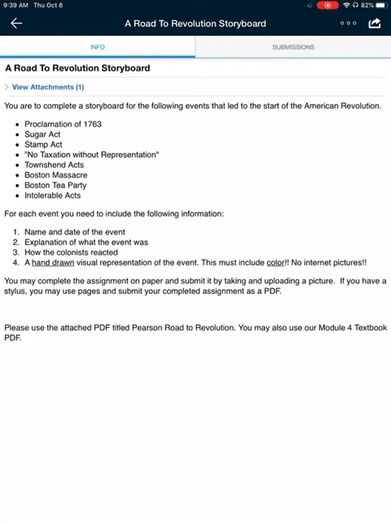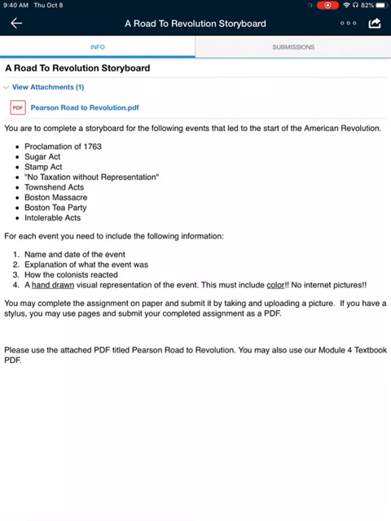Everything that we create for this class is based off your notes, your textbook, or a provided resource that we have given you. In this assignment, you see there is an attachment called Pearson Road to Revolution PDF. It's from a different textbook, but it includes all of these events, and it goes pretty well into detail. Use this PDF to help you get the information on the events that you have to create a